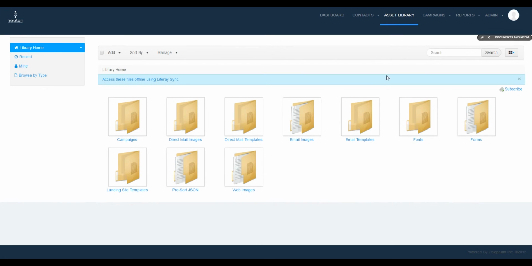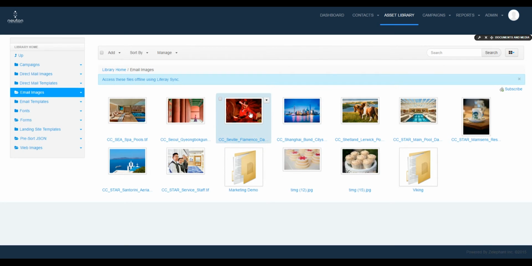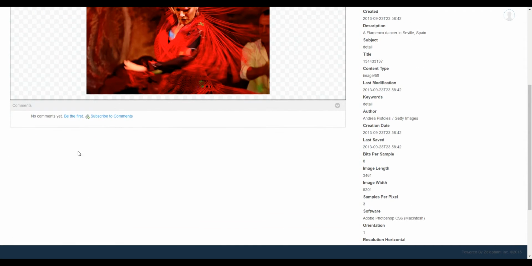After the dashboard comes the asset library. This is where all images and media, including forms, will be housed. Simply place your images used for an email communication within the Email Images folder and Web Images within the Web Images folder. Once an image is uploaded into the system, you are then able to make any comments, which may